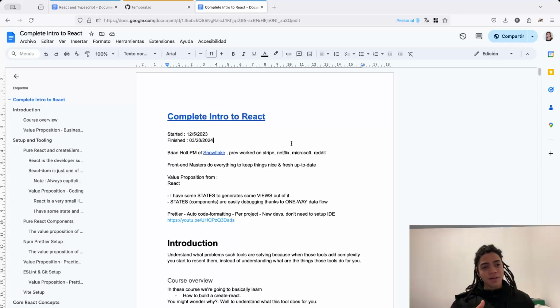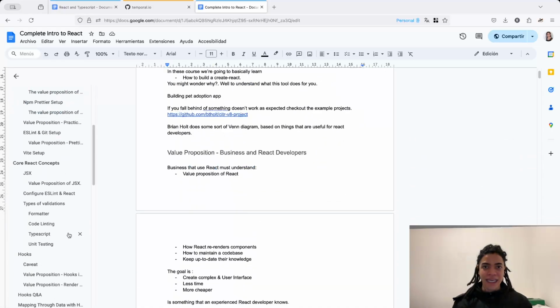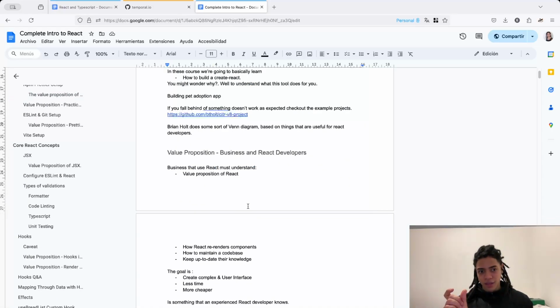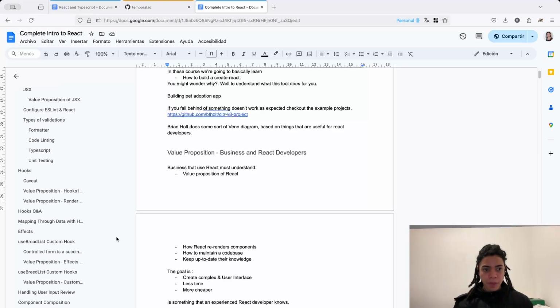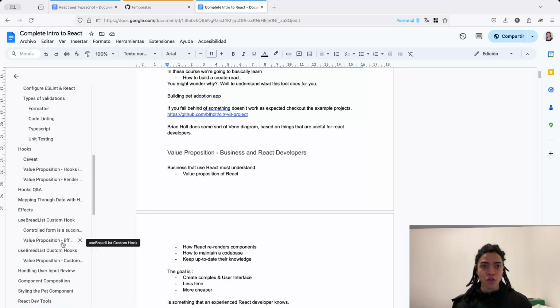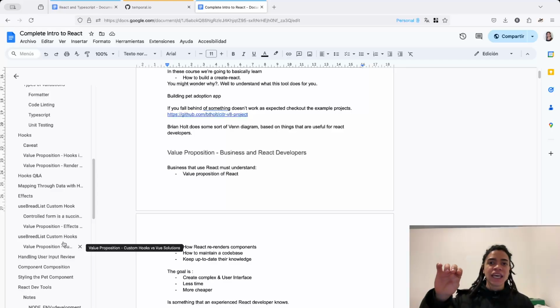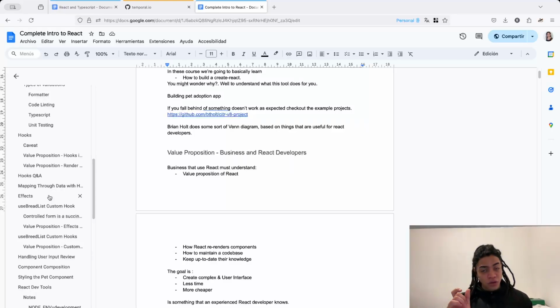For example, setting up Prettier, setting up ESLint, setting up TypeScript if you're going to work with it. And now the React core concepts like JSX and hooks, useEffect, which is something that we're going to see now, but we're working with TypeScript. So JSX or TSX, hooks, useEffect,